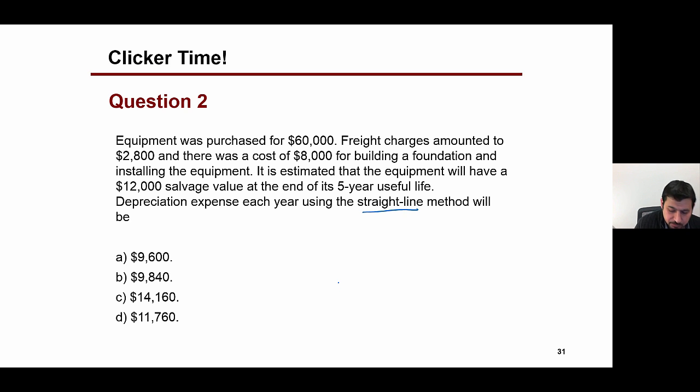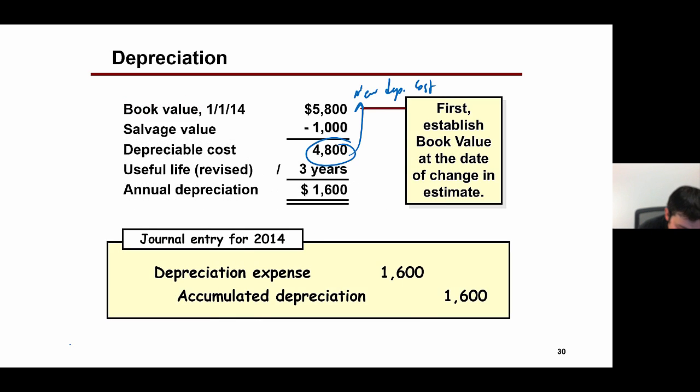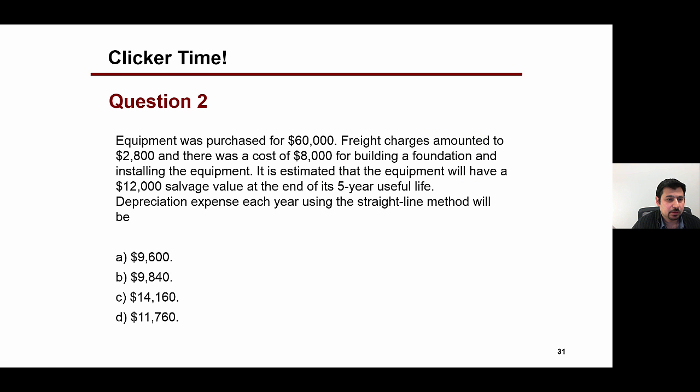We need to calculate the cost. Basically, we need to calculate the depreciable cost, so we first need to determine the cost at which the asset was reported. So cost is equal to, in this example, equipment was purchased for 60,000, freight charges amounted to 2,800, and there was a cost of 8,000 for building a foundation and installing the equipment. It is estimated that the equipment will have a $12,000 salvage value at the end of its 5-year useful life. We need to calculate the depreciation expense using the straight line method. First, we need to calculate the cost. Here, the cost